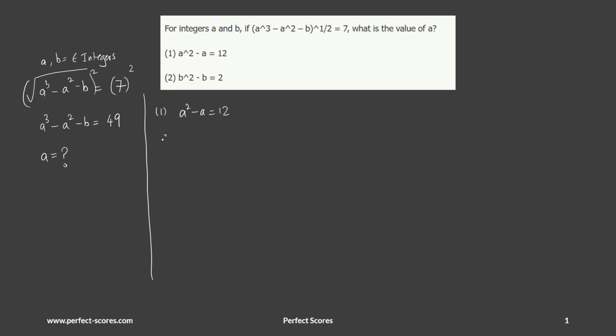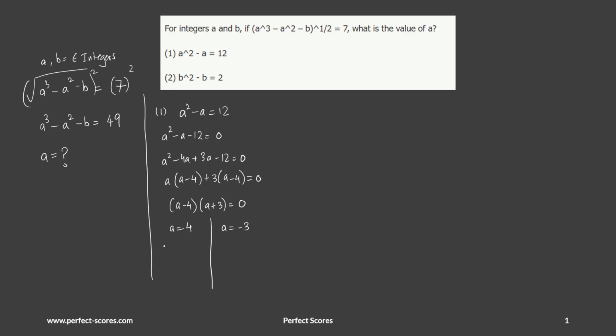So here I have A square minus A minus 12 is equal to 0, and this is a classic quadratic equation where I have 12 here, so I can split it into 4 and 3. So I get A square minus 4A plus 3A minus 12 is 0. If I take the A common out, this is what I get. I take the 3 common out, this is what I get. And then I take A minus 4 out, so this is what I get. So from here I get two values for A, two integer values.